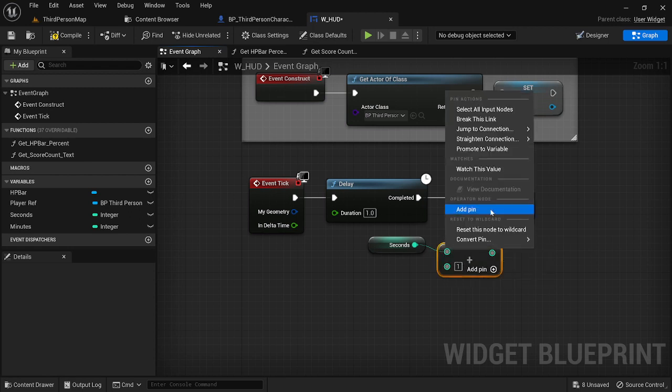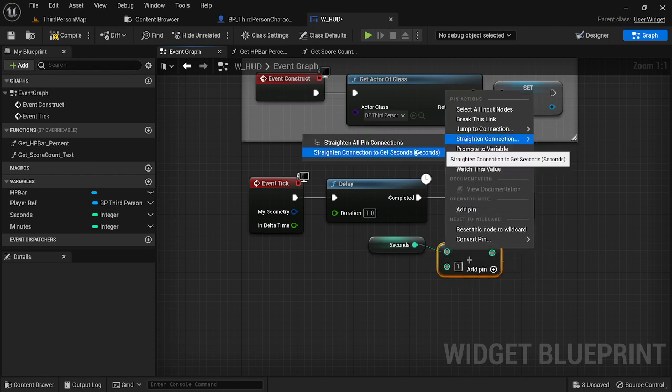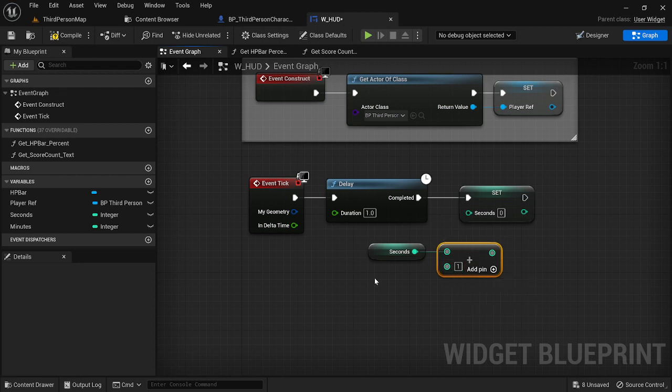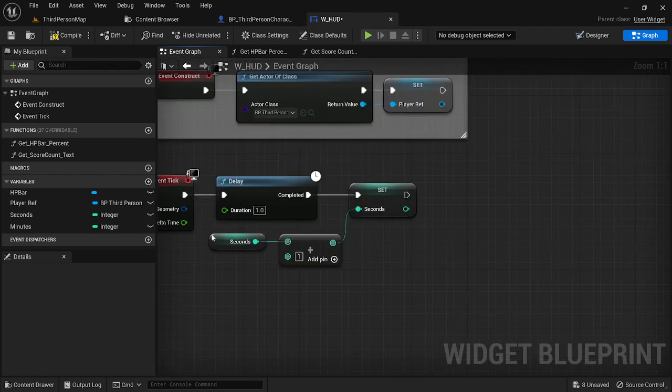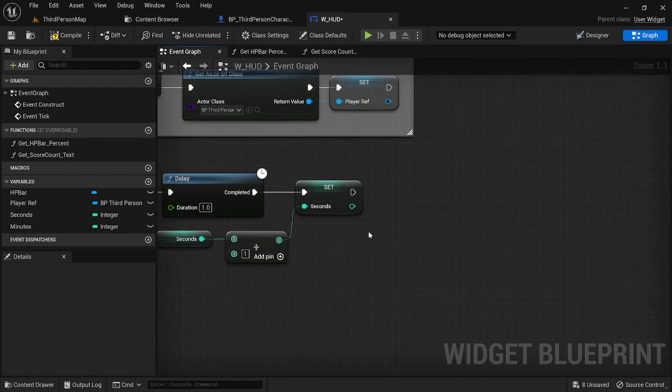Now this is for a timer going up. If you want to do a timer going down, you would just reverse this entire process and use minuses where you use plus. So go there. Okay, so next we're going to want to check if these seconds have actually reached 60 seconds,